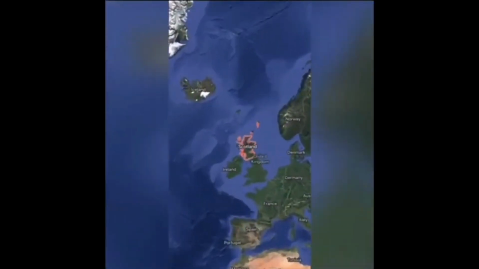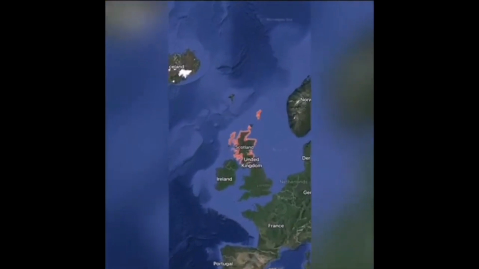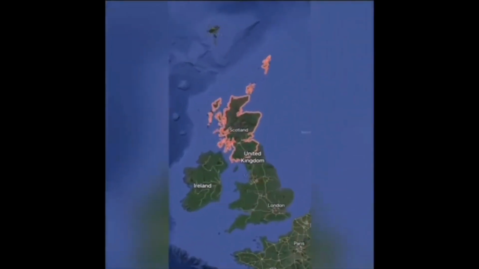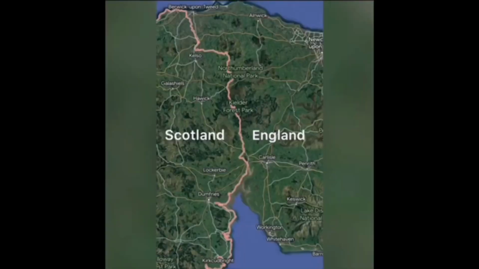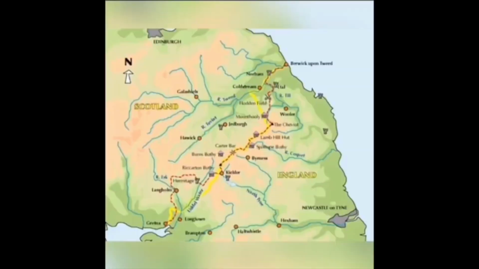It borders the Atlantic Ocean to the north and west, the North Sea to the east, and England to the south. Its border measures around 96 kilometers between the River Tweed on the east coast and the Solway